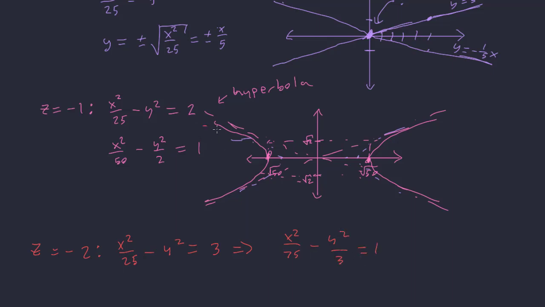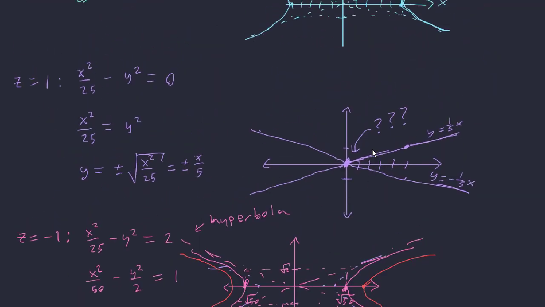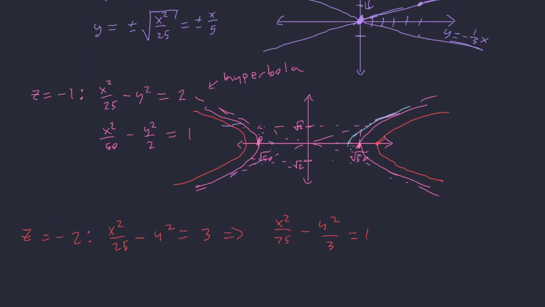So that should give us a hyperbola that's moved out a little more. I'm not doing it exact, so I'm about to go to the software. Okay, so here in the blue,